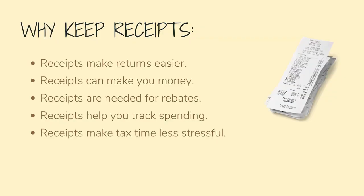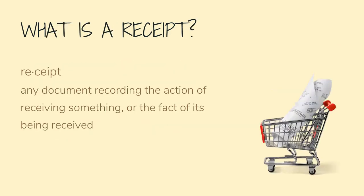Here in episode 1, we are covering all the ins and outs when it comes to receipts. So why do business owners need to keep receipts? Well, this is a very loaded question. There are financial and legal consequences for not keeping accurate financial records. Receipts also aren't just the itemized slips you get at a shop checkout. The definition goes like this: any record of the action of receiving something or the fact of its being